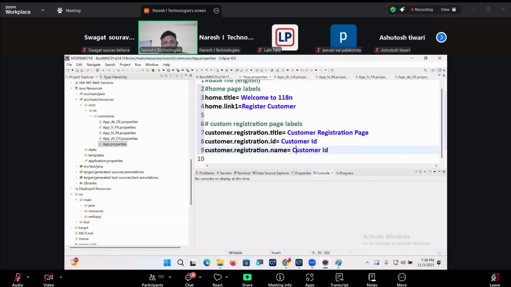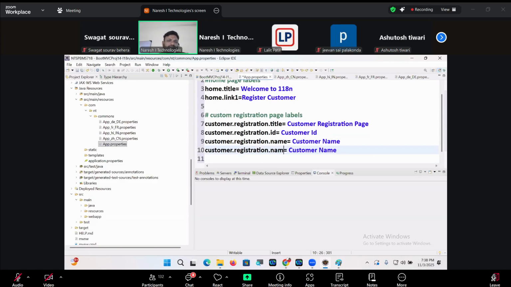Customer name. Customer dot registration dot bill amount. Customer bill amount. Customer registration title, customer registration ID, customer registration page.